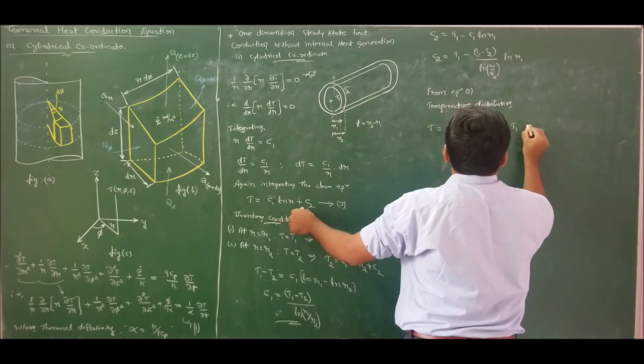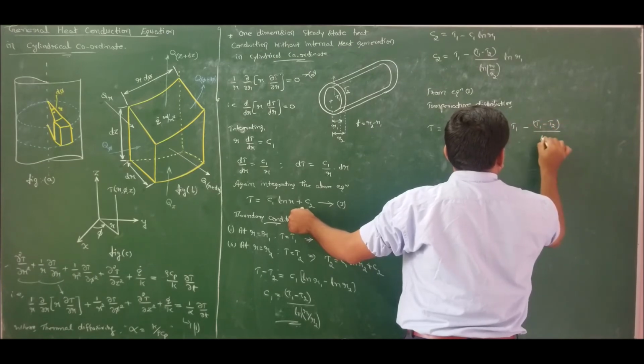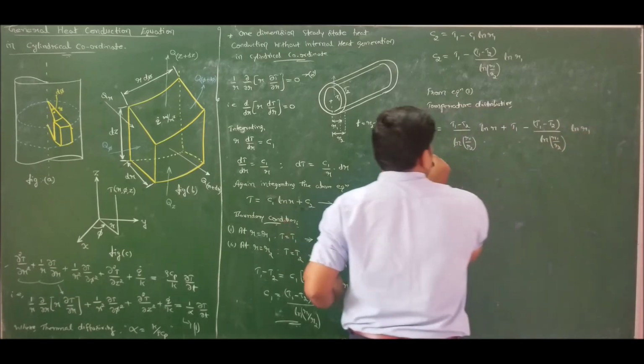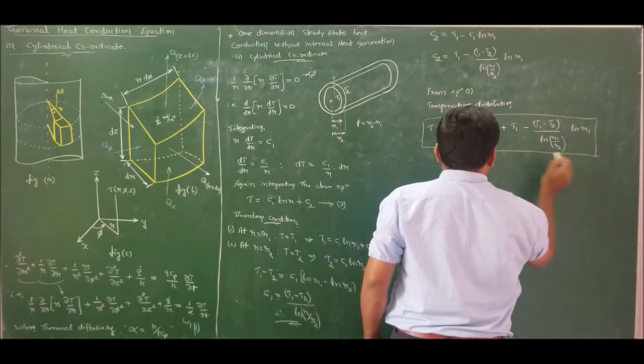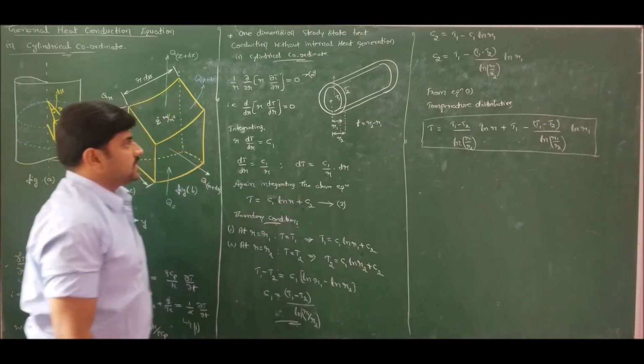C2 is T1 minus T2 by ln of R1 by R2 times ln of R1. So this is the equation for temperature distribution for heat transfer through a cylinder for one dimension steady state without